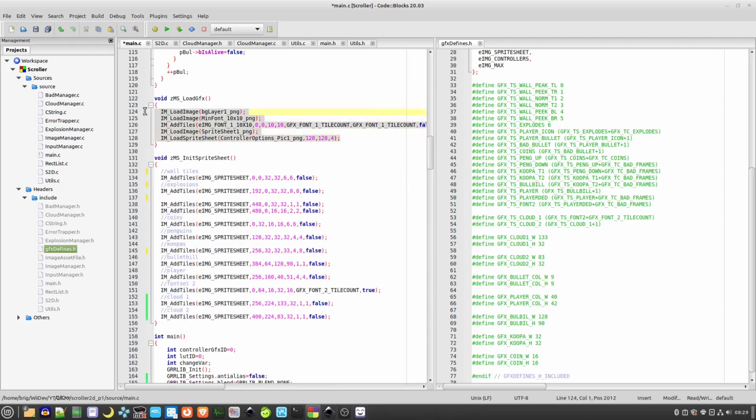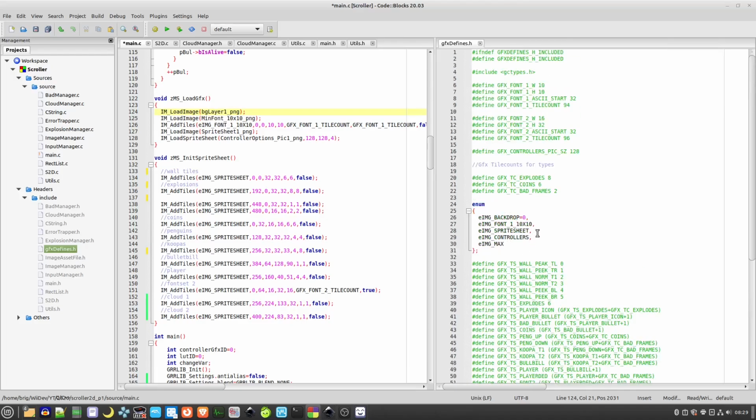This bit here just loads in the various images. So these orders here correspond to these. The background layer is loaded first, so that's image 0. Then the small font, which is image 1. And then you'll see in here the tiles are added in the load graphics part here for this first font,